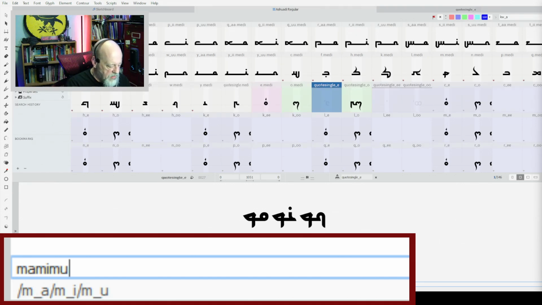I have to decide if I want to have an initial form for M where it just starts and then gets the A or the I or the U added. And I should probably do that. There should be a version that looks like the glyph on the left with no vowel attached and no extension.